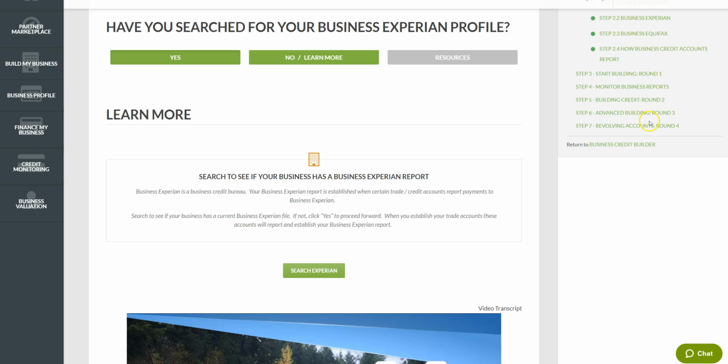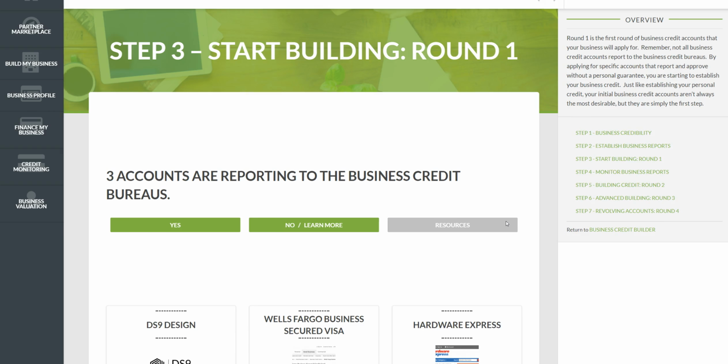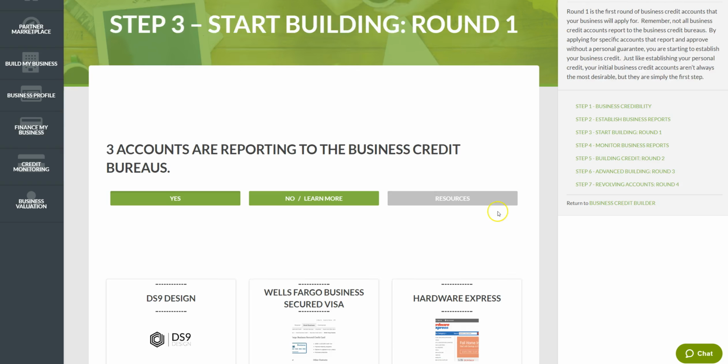And in step 4, we even help you fix the inaccuracies on the credit report so you have the best chance of getting the most amount of credit at the best terms. Now, once we've done this, once we've gone through and got your DUNS number, once we've made sure we've done this free search and we set up your business credibly, then as you'll remember in video 1, now we start